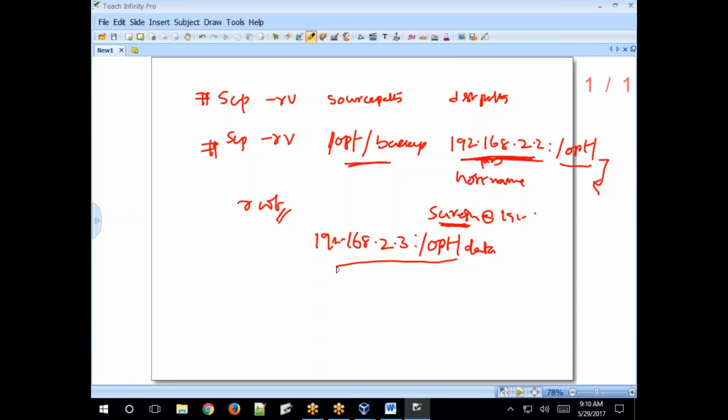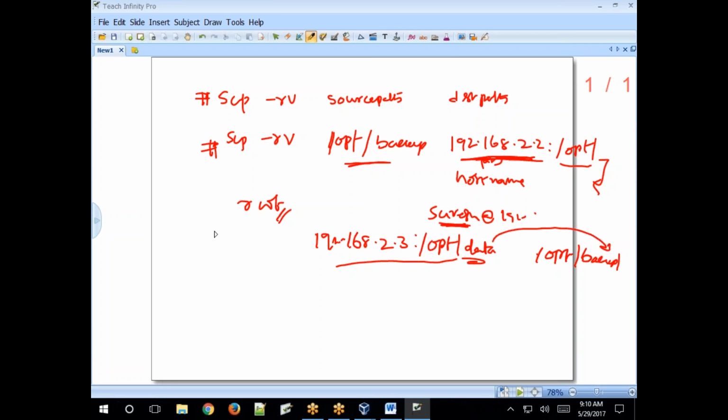For example, for the current working directory, simply specify dot. Then this directory will be copied to your current working directory. Or if you want to copy the files into another directory like OPT or some backup, then this data directory will be copied there.